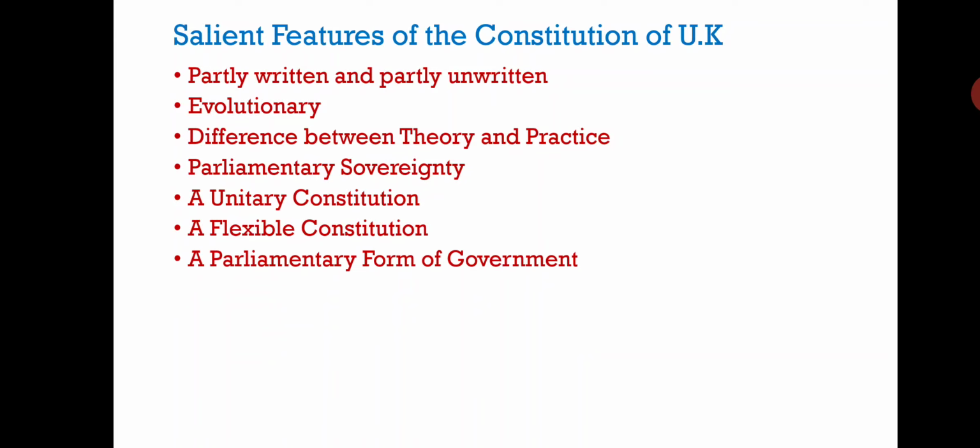England has a parliamentary form of government as distinct from the presidential type of government. The king is the nominal head of the state. The real functionaries are the ministers who belong to the majority party in the House of Commons, and they remain in office so long as they enjoy its confidence. As the ministers are also the members of the parliament, so there is coordination between the executive and legislative wings of the government. In the words of